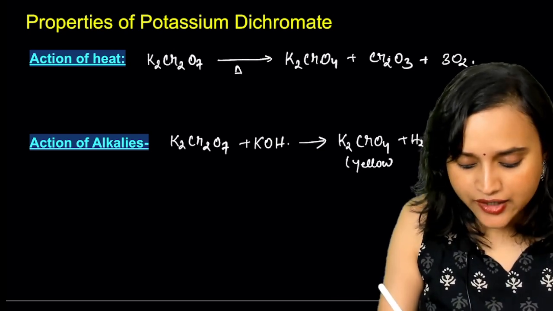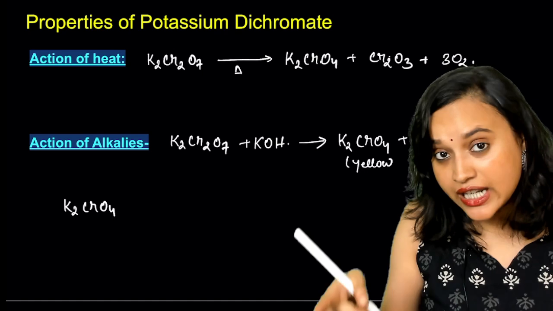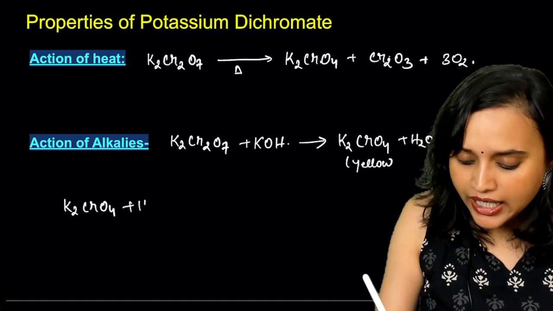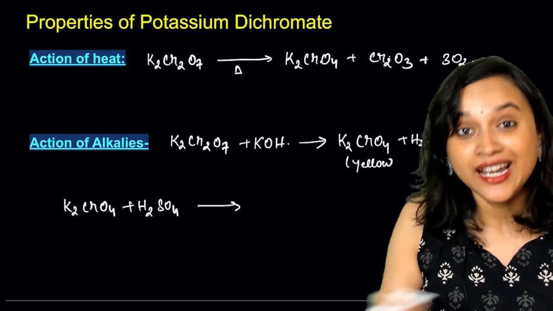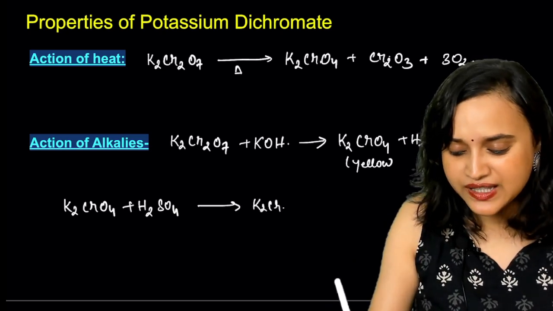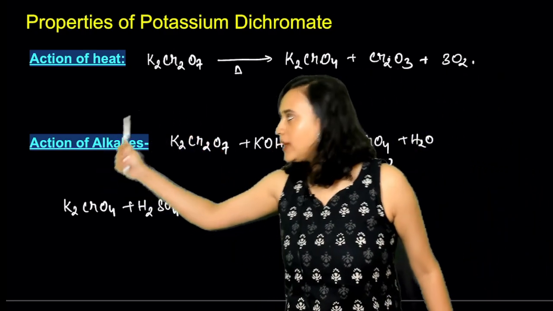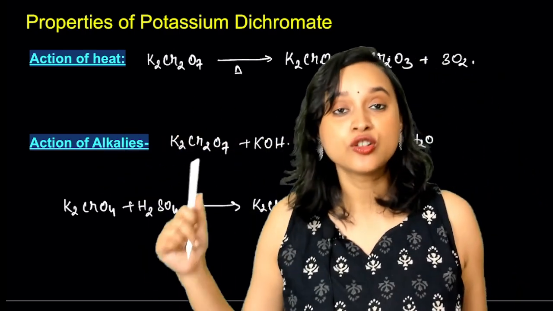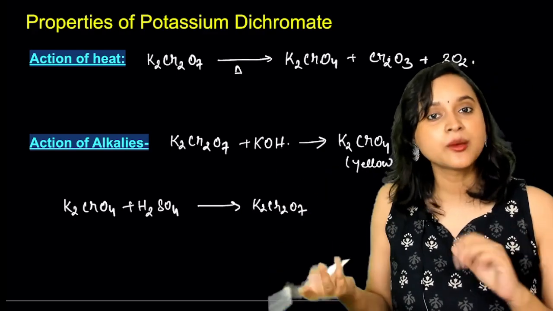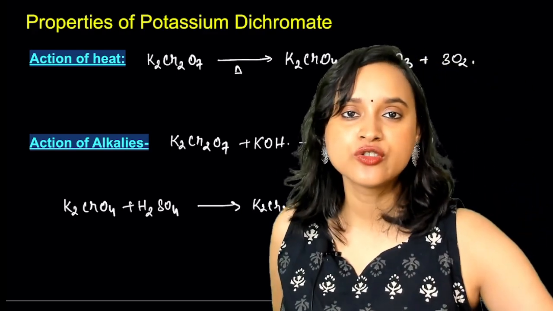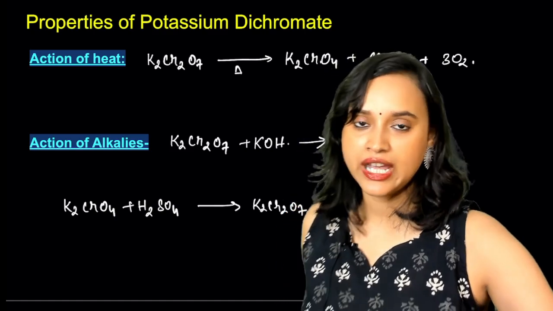So what are we taking? We are taking K2CrO4, that is, the potassium chromate. Now chromate, if I add an acid environment, that is sulfuric acid, you know what will happen? It will again get converted to K2Cr2O7. That means chromate to dichromate, dichromate to chromate. This is also pH activated. So you change the pH, and these guys are going to change and show their colors.